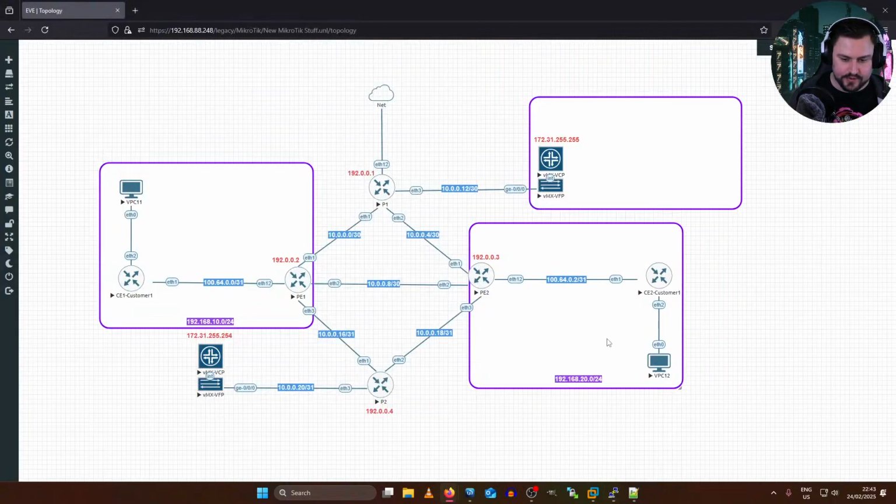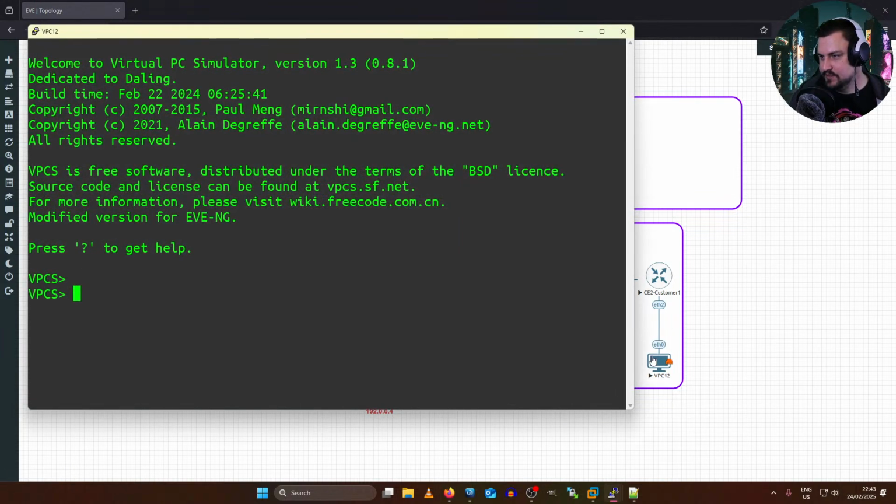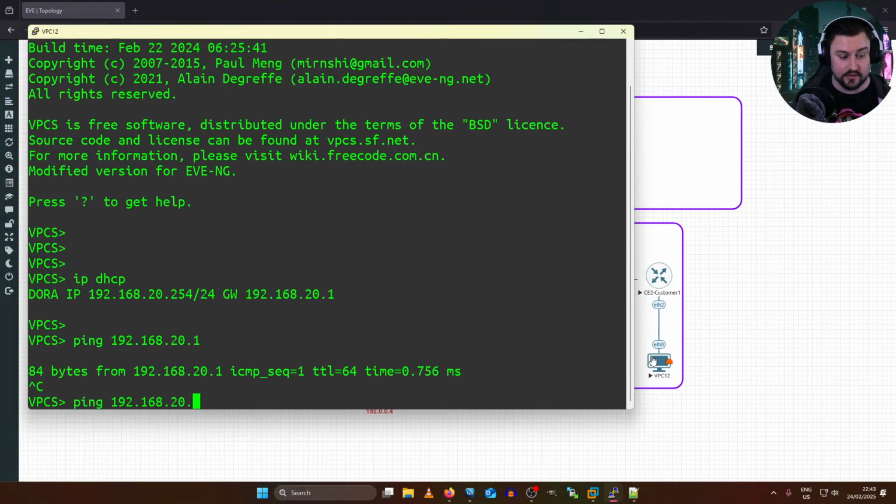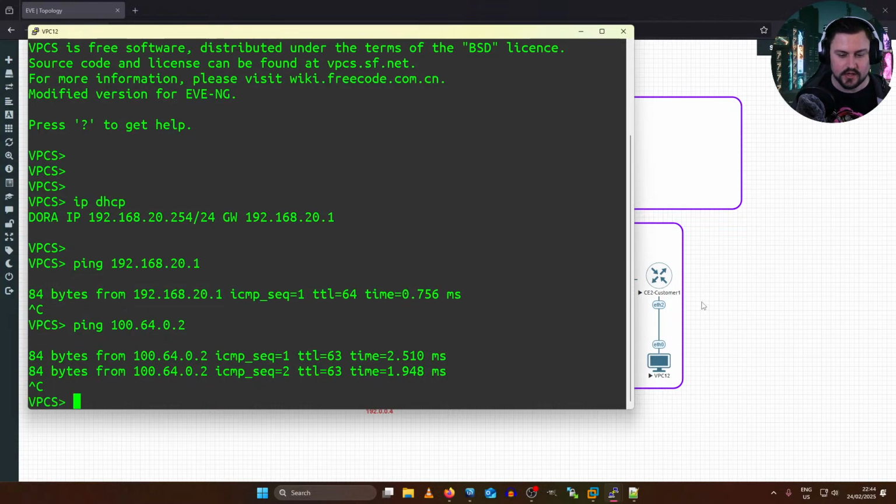And then if I go to this second VPC and do an IP DHCP, I get an IP. And now, can I ping 192.168.20.1? Yes, I can. Can I ping 164.0.2? Yes. All right, cool.